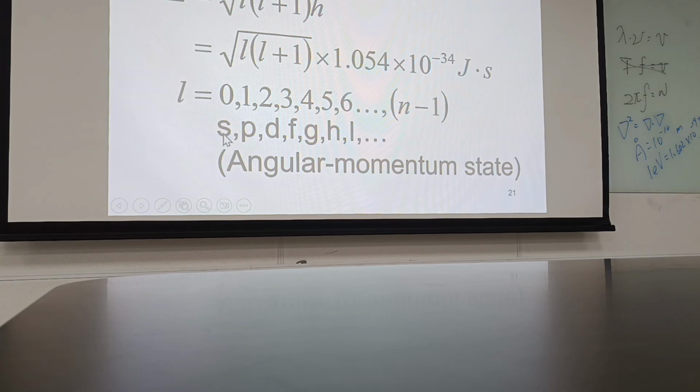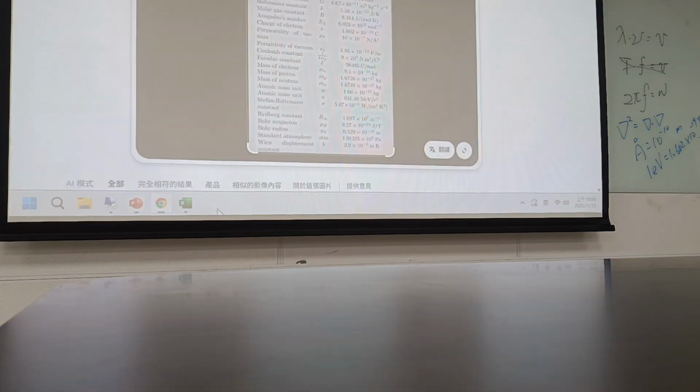Have you ever heard about the 1s orbit, 2p orbit, d orbit? So s means l equals 0, we call it the s orbit. l equals 1, we call it the p orbit. l equals 2, we call it the d orbit. So if we see the periodic table,